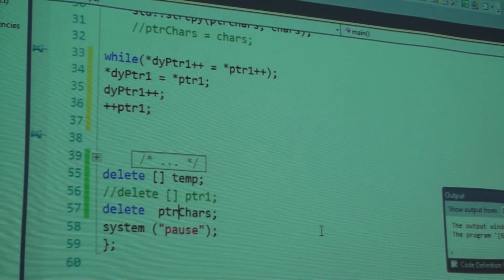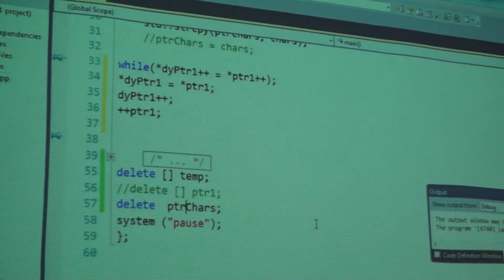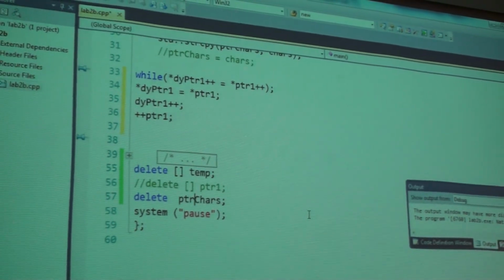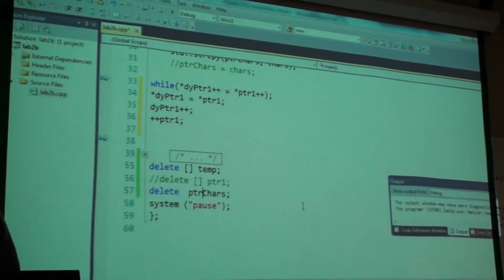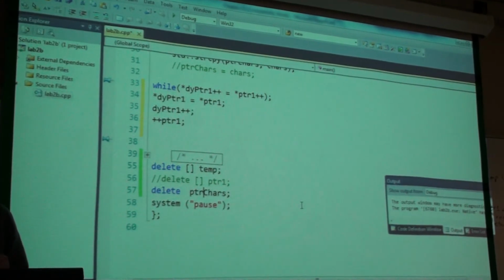So, oh, we forgot to delete with the square brackets here. Is it going to cause a syntax error? Is it going to not compile? It says, okay, I can compile. I can do that for you. No problem. However, what actually gets deleted? Just the first one. 1 byte of memory, right? The first one. The other 4